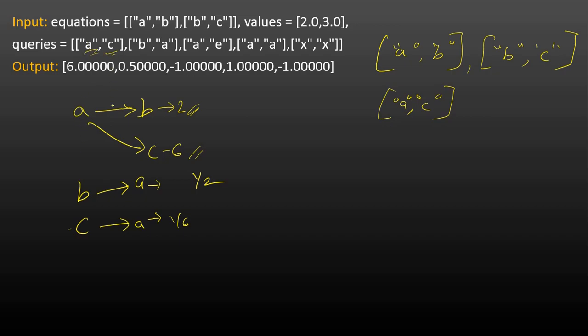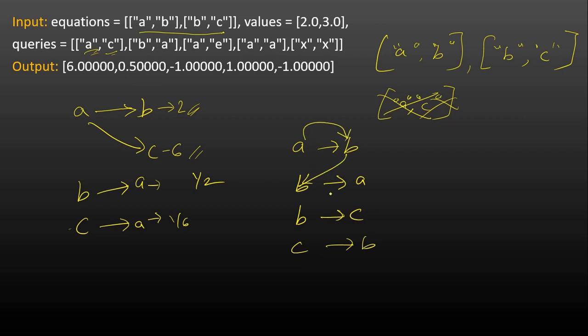So if it is A to B and B to C, like in this one, we have just A to B, we do not have A to C here as an equation. So we know that A to B is there, and then the reciprocal of that is B to A, and then we have B to C, and the reciprocal of that is C to B. Now if we need to query for A to C, we can go from A to B, then again from B we can go to C.